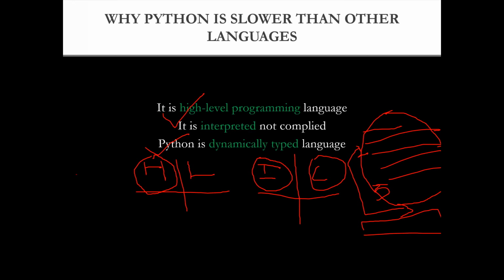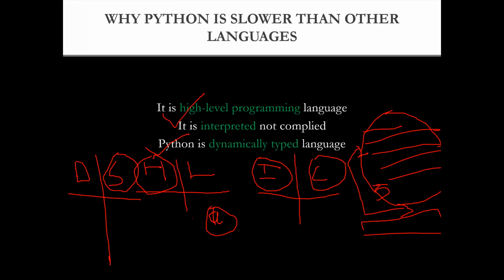So again, we have something called dynamically typed language and statically typed language. All these, Java, C, C++, come under statically typed language. So what is this? For example, let's say you have a variable called A. For now, if you don't understand what a variable is, just understand it like a container which stores values. Basically, this is a container that would store any value, like int or float or character or string or anything that you want to store.